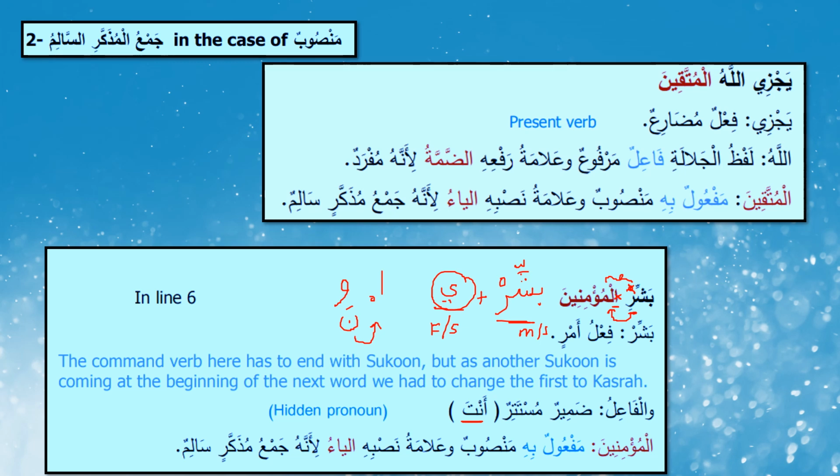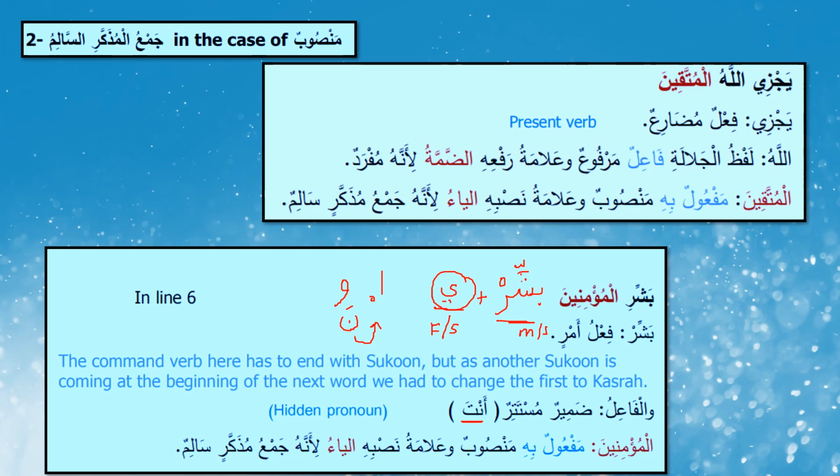So don't get confused about where is the fa'il. In fi'l amr, always the fa'il is hidden. So in case there is a ya here, what will you say in fa'il? What will be your i'rab? Your i'rab will be damir mustatir taqdiruhu anti. If there is an alif muthanna added, what will be your i'rab? Damir mustatir taqdiruhu